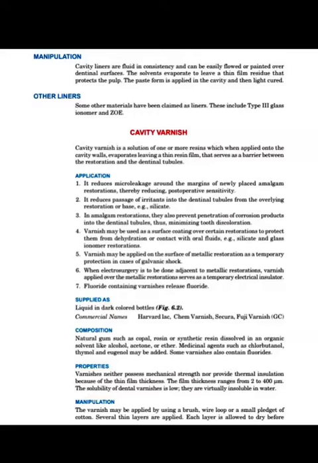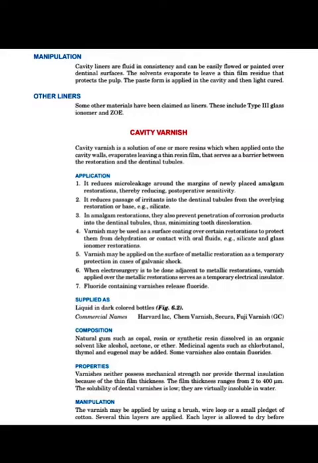Whenever you have to protect the pulp, think about the thickness of remaining dentin. RDT, that is remaining dentin thickness, is very important for pulp protection. If remaining dentin thickness is more than 2 mm, then you can use cavity varnishes. If it is less than 2 mm but more than 0.5 mm, you can use bases. And if it is less than 0.5 mm, then you have to use only cavity liner. So this is the difference between the use of cavity liner, cavity varnish and bases. Remember this difference.